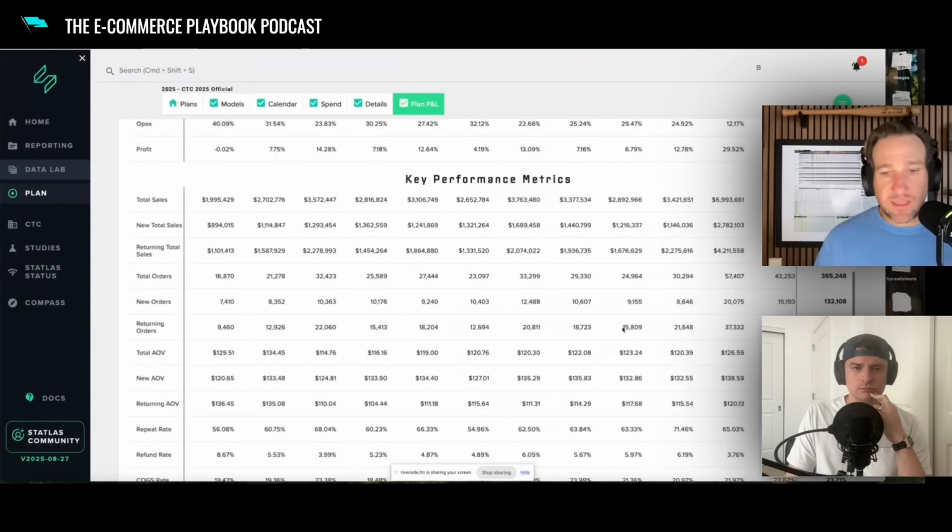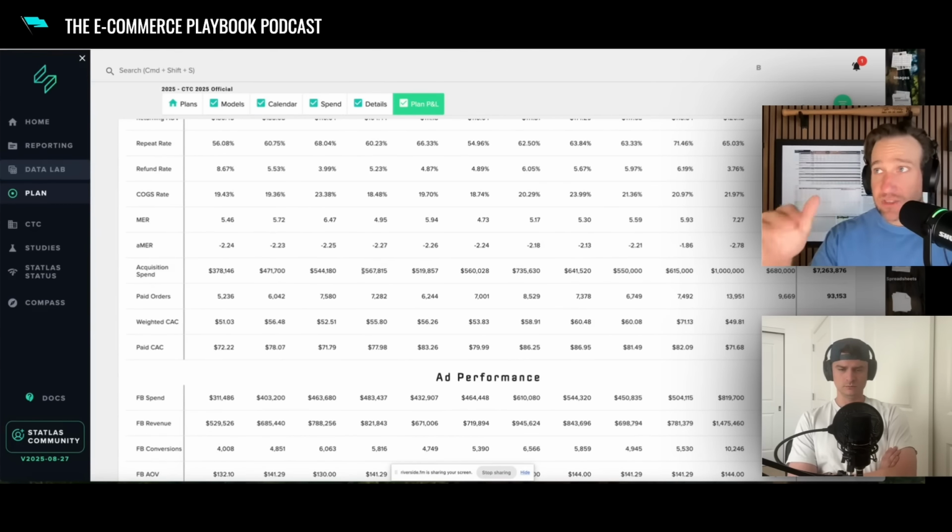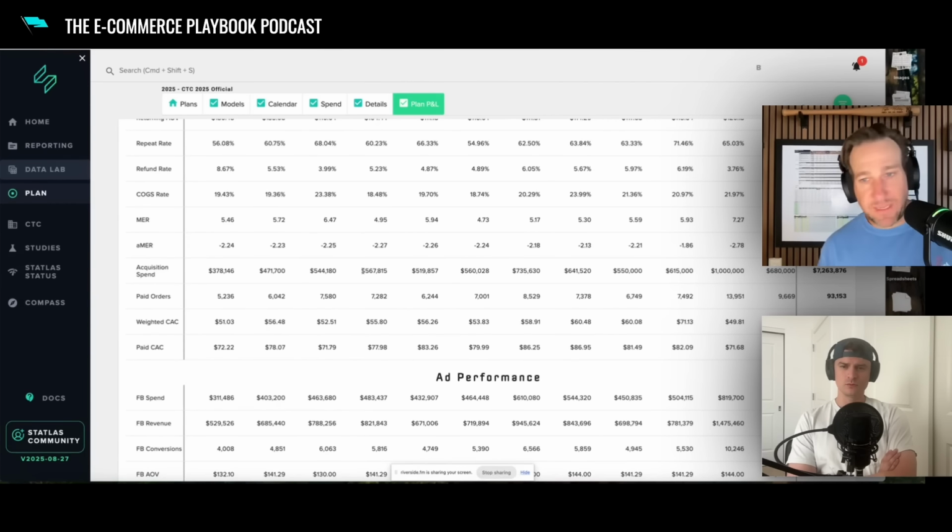So by bringing in the full P&L and having a dynamic way to interact with the revenue forecast all the way down to the P&L in real time allows us to play with scenarios that customers constantly are asking: what are my choices? Like, if I spend X, what is the Y result? If I spend A, what is the B result?